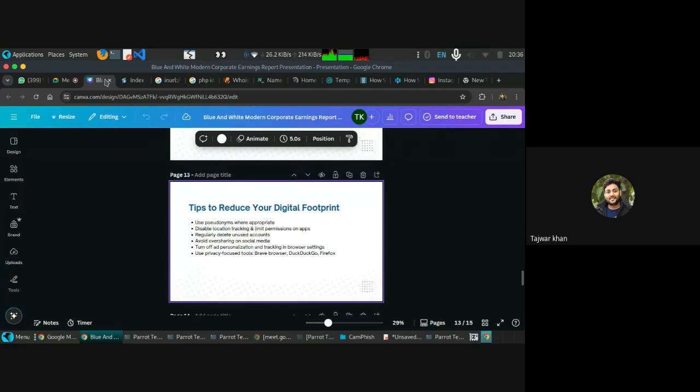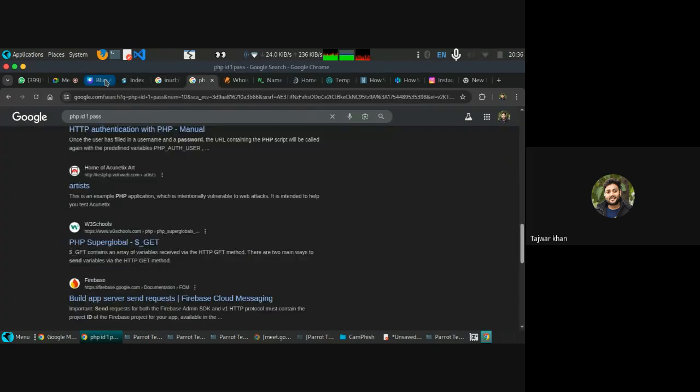Always make sure that you are safe and secure when it comes to your online safety and security. Also, always make good passwords, always use two-factor authentication, and always make sure what kind of information you are sharing over the internet, and what kind of things you are doing over the internet. Be mature enough before sharing something, before writing something, or before commenting on any kind of post. Getting my point?